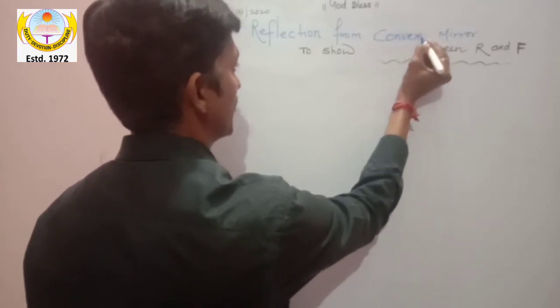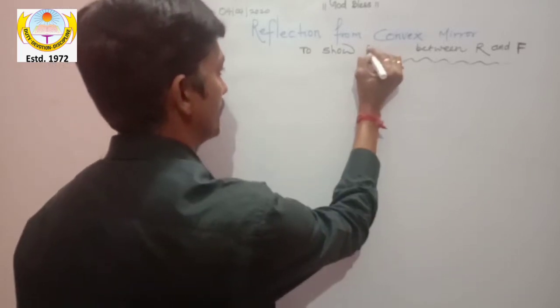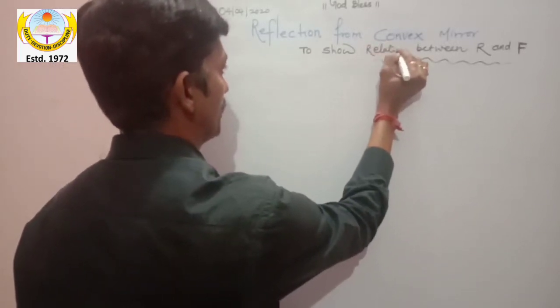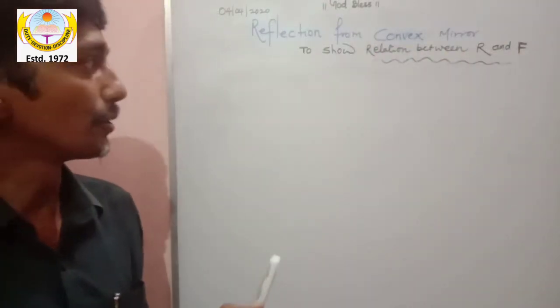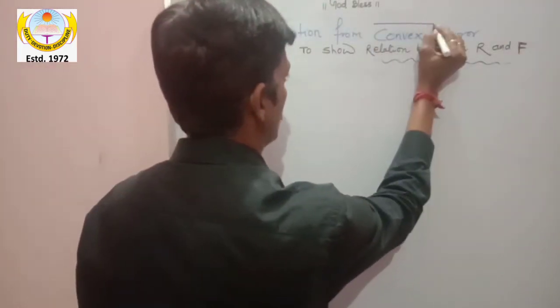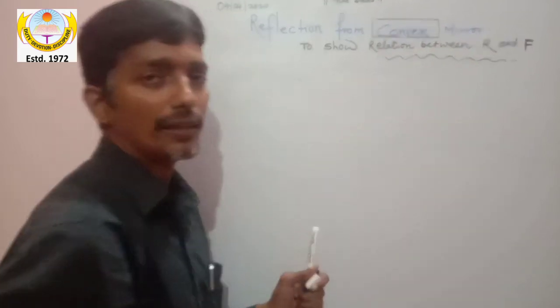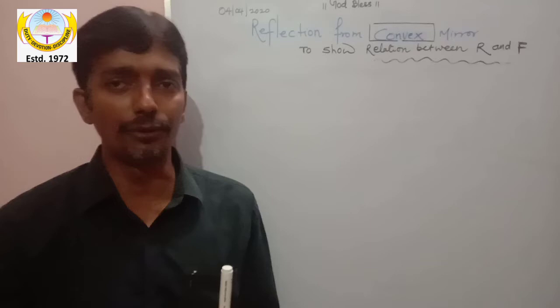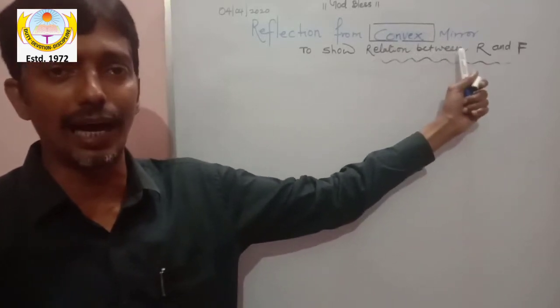Now the next topic is reflection from convex mirror. To show the relation between R and F, now I will do it with the convex mirror. In my earlier video I have done it with the concave mirror. So my dear, here when I am doing it with the convex mirror, to show the relation between R and F,